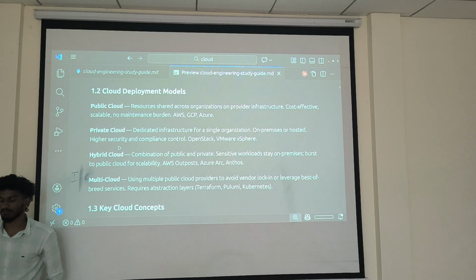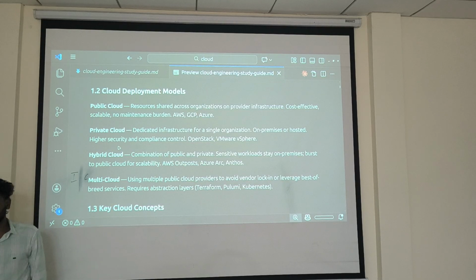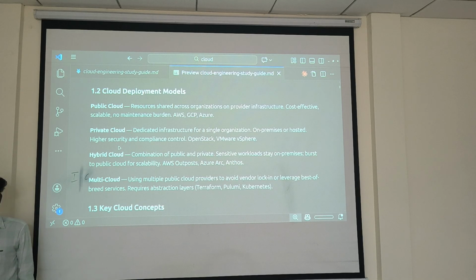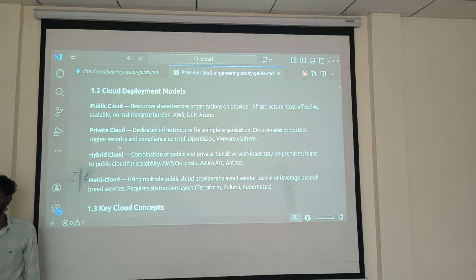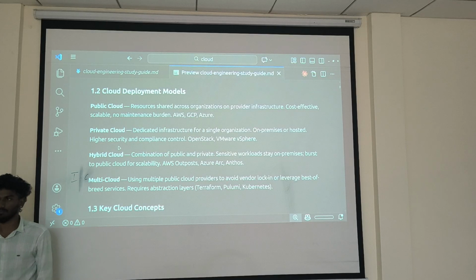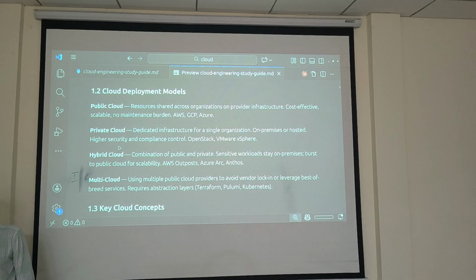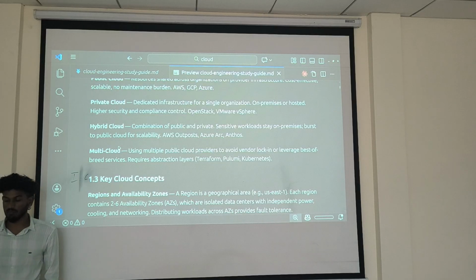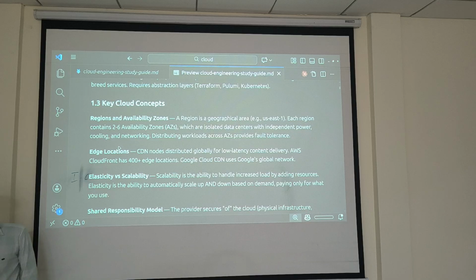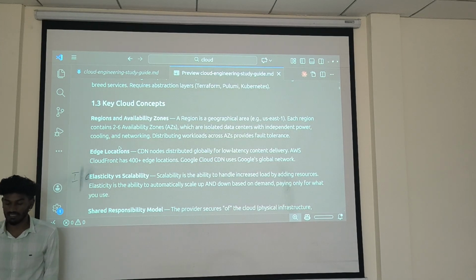Multi-cloud is, how can I tell, also a kind of hybrid. Like how Meta handles cloud management, they will restrict: this cloud, only YouTube has access, you don't use it. The WhatsApp cloud, no, it's not for you, it's only for these guys. That is called multi-cloud. So these are the cloud deployment models. Now I am telling just the top level only; we will go into each thing later.